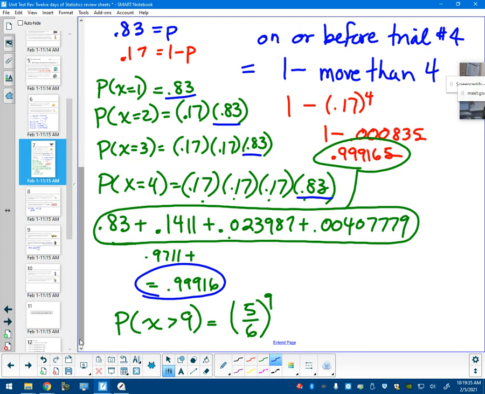Here's if I get it on the first trial. So what are you getting? A laying goose. So this would be the first laying goose, the 2nd, the 3rd, or the 4th. If you add all those up, it equals the same amount. I don't know what this is. So let me erase that. That's from before.